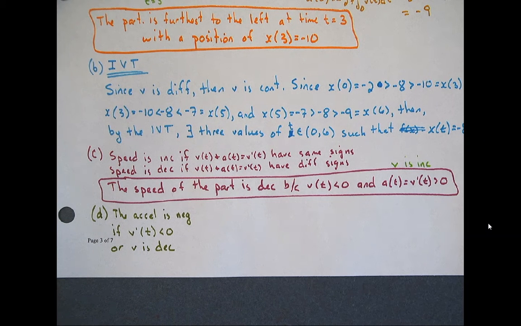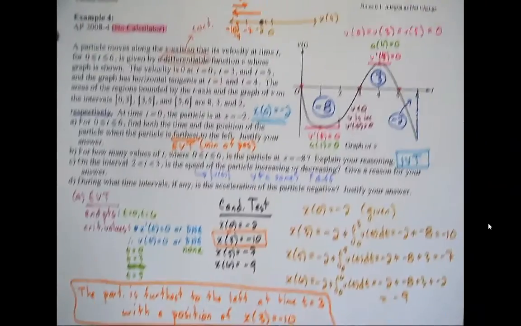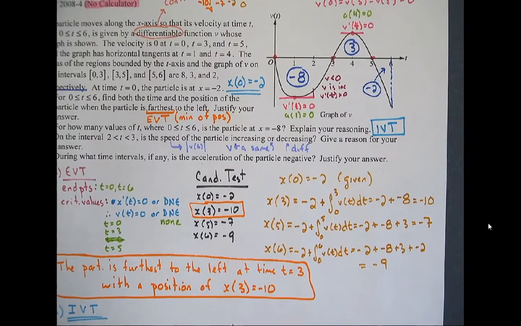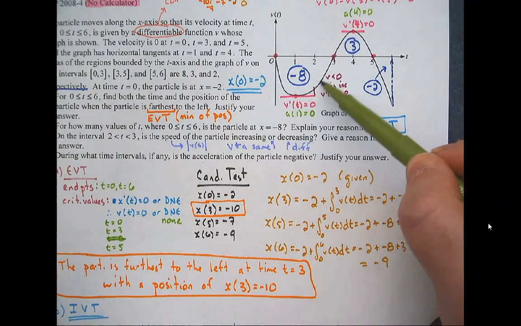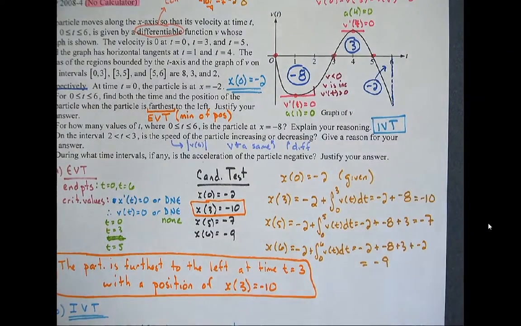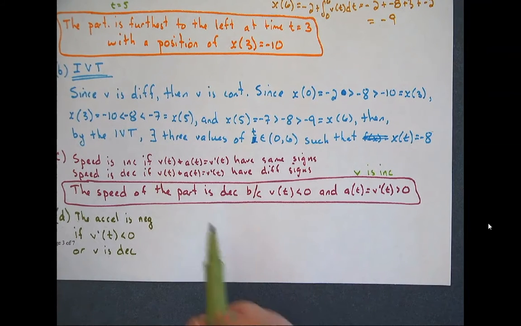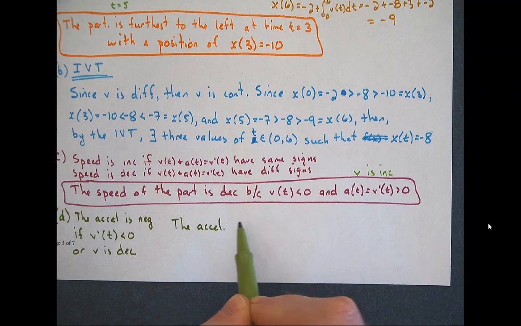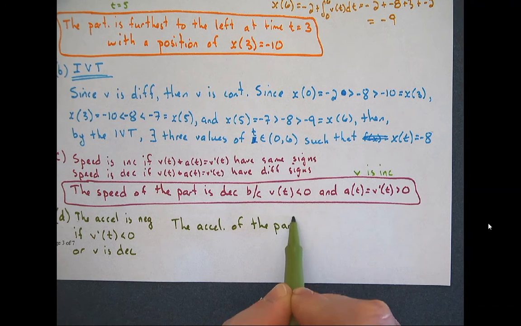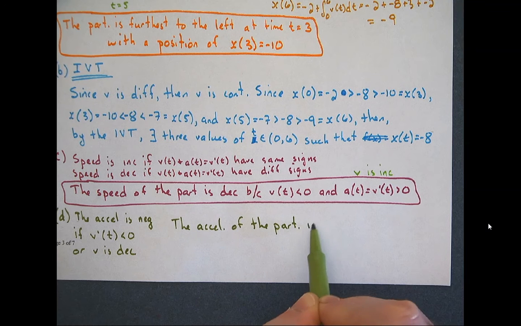So let's use that now in our picture. Where are the places where v is decreasing? So it looks like from 0 down there, then it increases to there, then it decreases the rest of the way. So this is a pretty easy one. The acceleration of the particle is negative